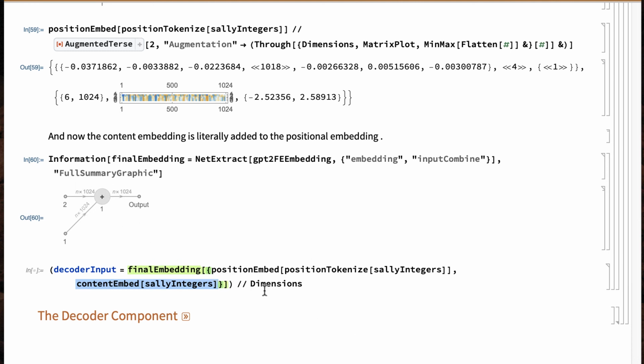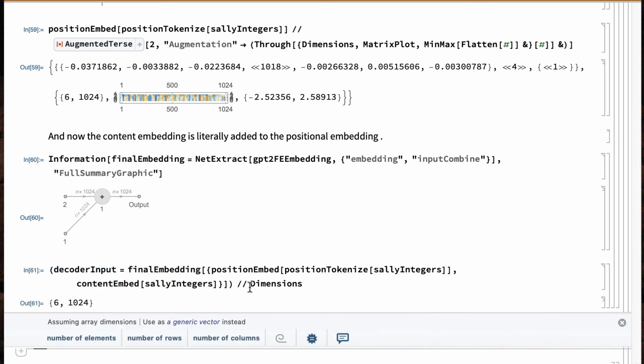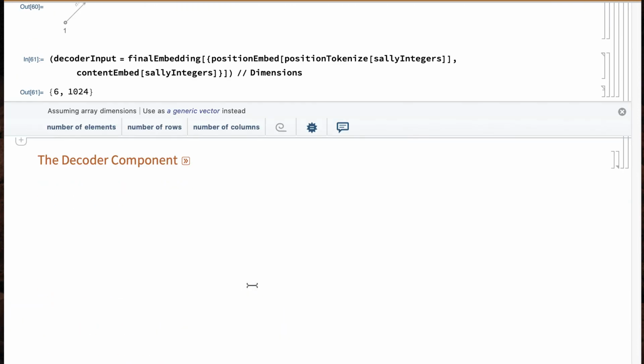And I think we should get, after all is said and done, a 6 by 1024 matrix. Hurrah. Okay, so that's the embedding. We're embedding both the words and information on their position.